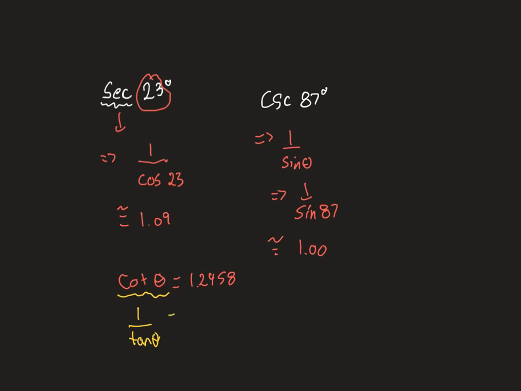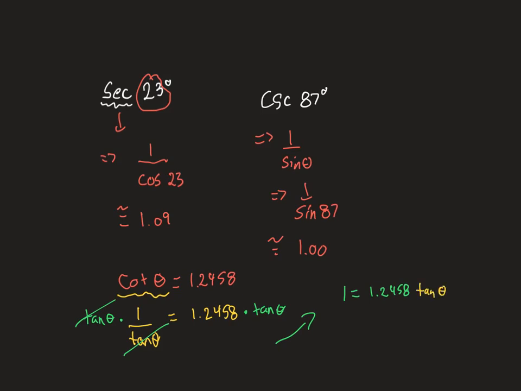So 1 over tan theta is equal to 1.2458. I can't solve for it while tan theta is in my denominator. So what I need to do, just like we normally do whenever we see a fraction, is we multiply both sides by the denominator. Okay, we'll continue this here, which will get rid of the tan thetas here. So I'm going to have here 1 is equal to 1.2458